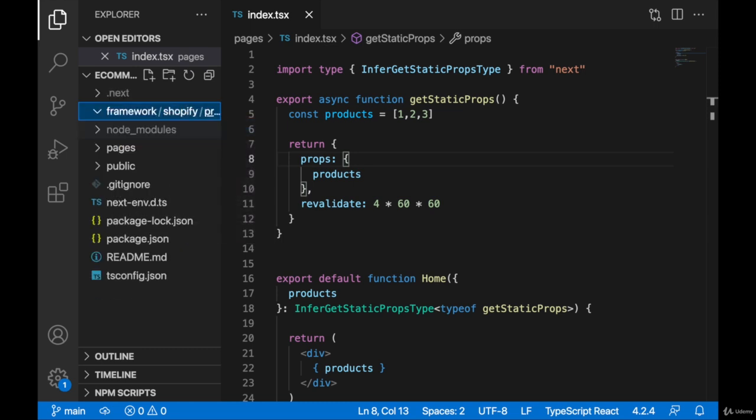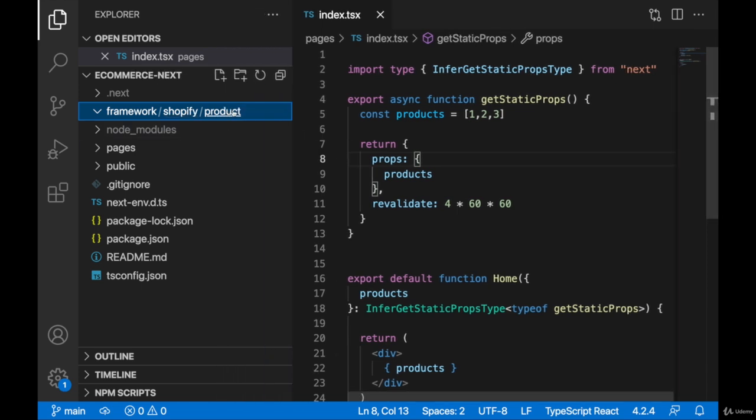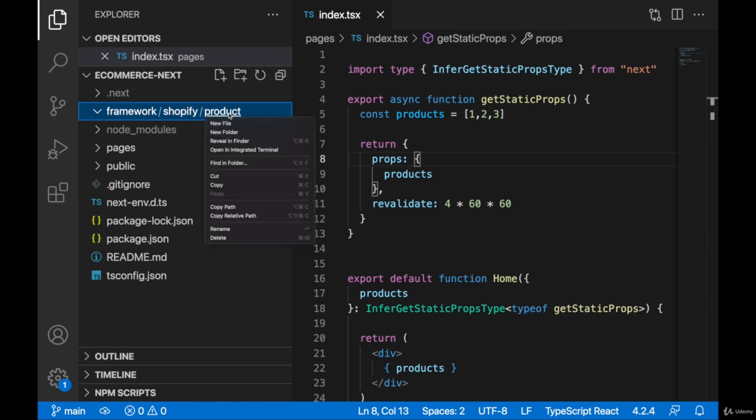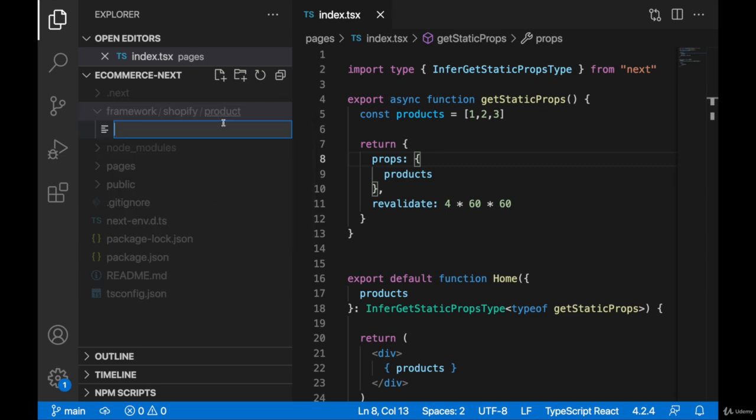So now we have this structure: framework, Shopify, and product, and in product will be the functionality describing how we are fetching our products. In the product folder, let's create a new file and call it get-all-products